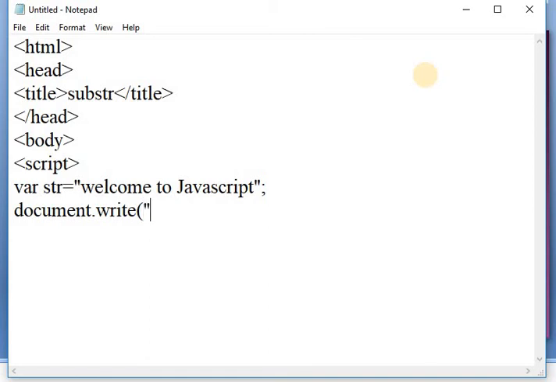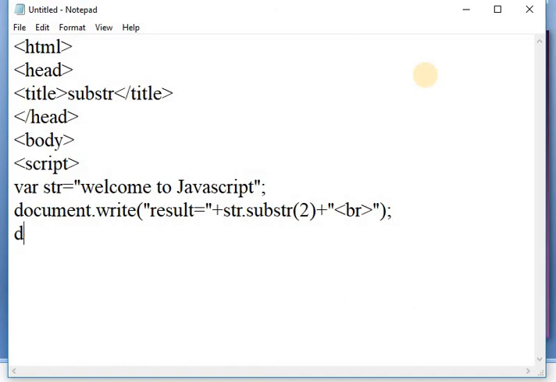Here result is equal to string dot substr, that is str.substr, and here I am passing 2 as a parameter, only the start as a parameter. Again here I am using a break tag.